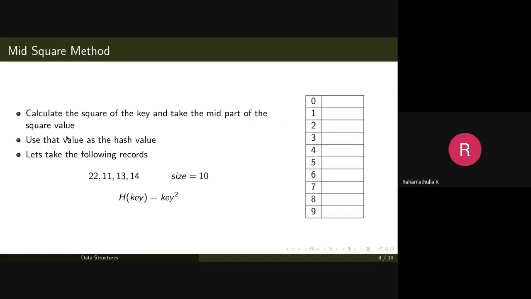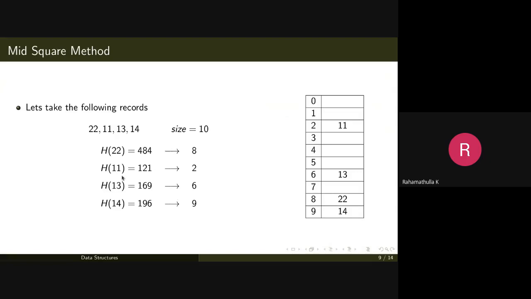So for example, you have records like 22, 11, 13, and 14, and you have size equal to 10. Then h of key is equal to key square. You square the key value, and the middle part is taken as your hash value.